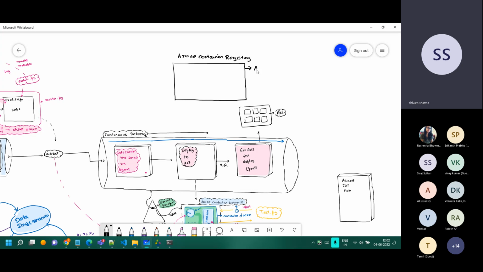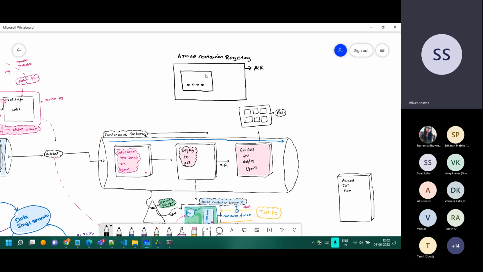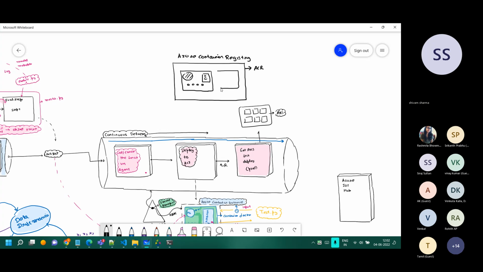This is called ACR. What it does is it saves the Docker images. All the images will be there. The image is the one which is having all those things as such, right? So this is the Docker image.